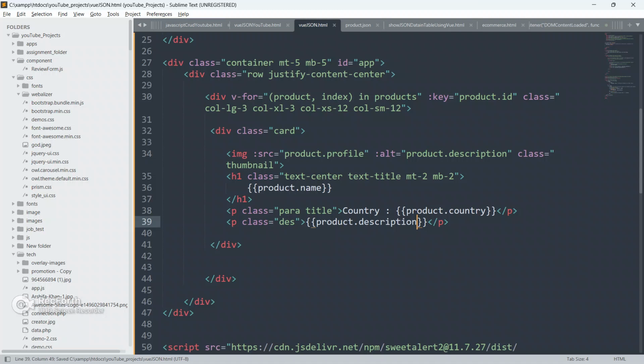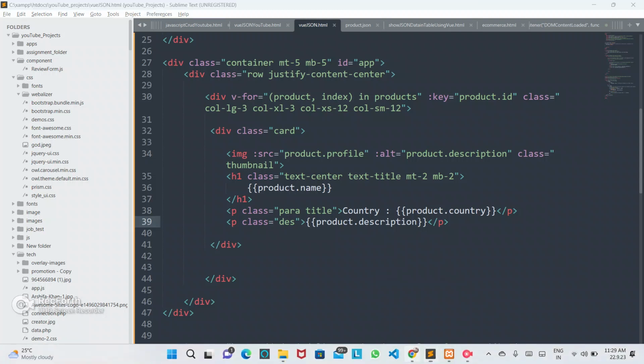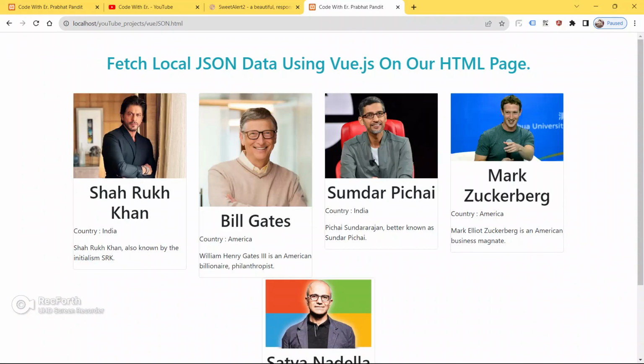Copy the descriptions key from here and paste it here. Now save your code, go to the browser and refresh your page.